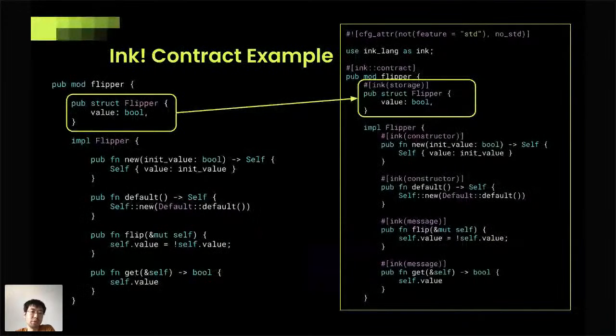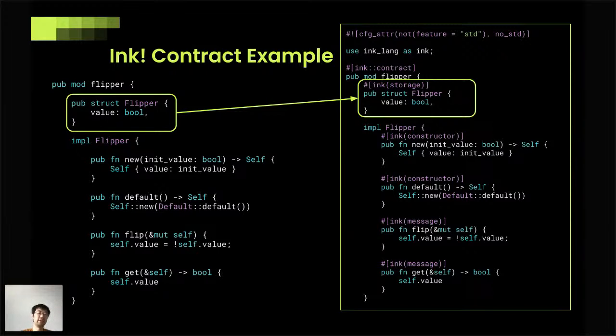So I think it's good to first see what an ink contract looks like, right? This is, I think, the most typical example you will see if you try to write an ink contract. It is a flipper contract. This means there is a coin, and it has two values, true or false. You can call the flip function to change its value, and you can call the get function to read its value. So that's how it is.